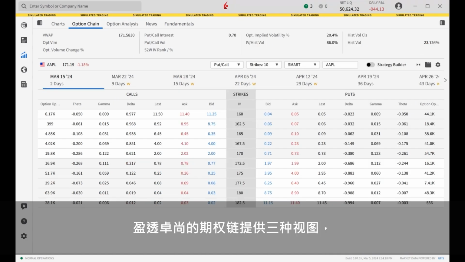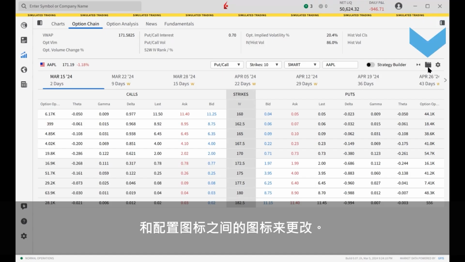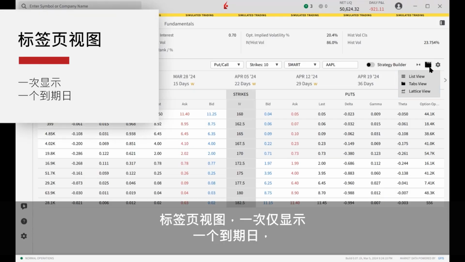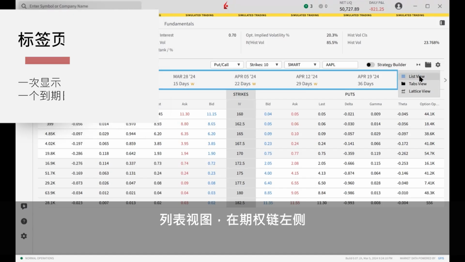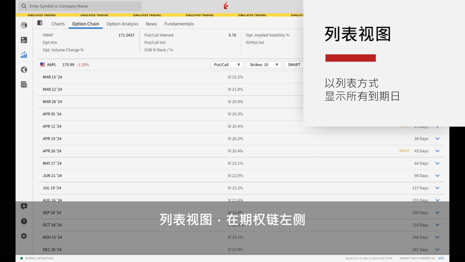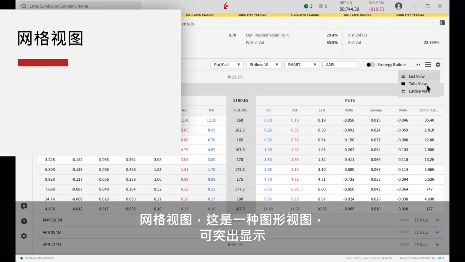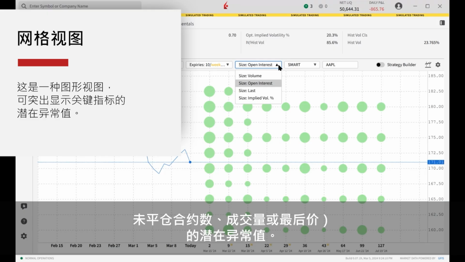IBKR Desktop's option chain provides 3 views, which the user may change by clicking the icon between the strategy builder and configuration icons to the upper right. Clicking the icon reveals a selection of 3 views. Tabs view, where a single expiration at a time is displayed using tabs along the top of the chain. List view, which shows all expirations listed down the left-hand side of the options chain. Lattice view, which is a graphical view highlighting potential outliers in key metrics such as implied volatility, open interest, volume,